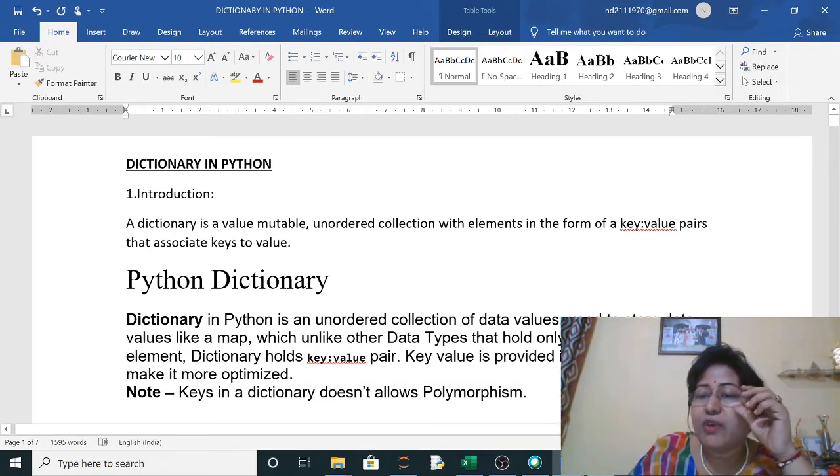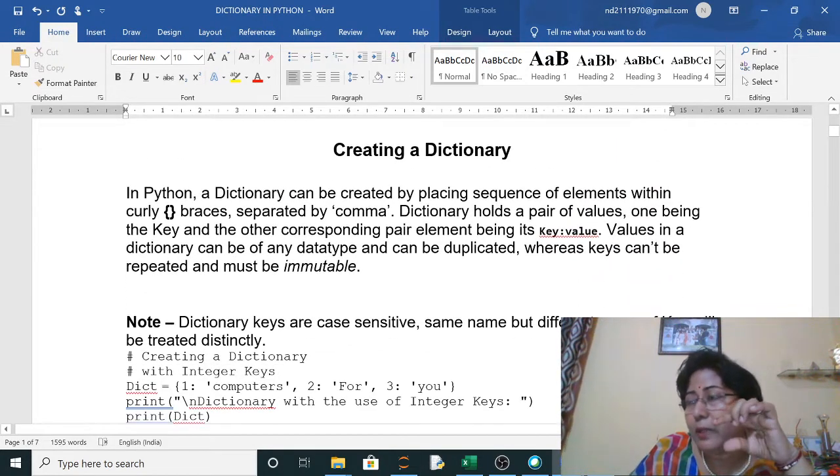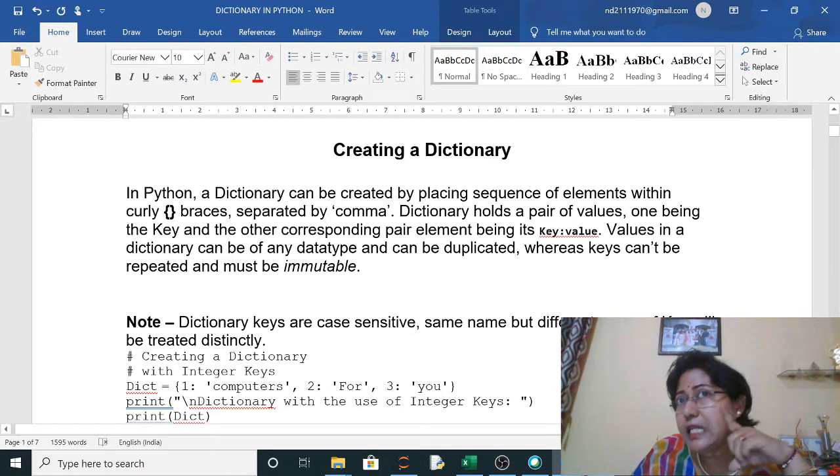Key value is provided in the dictionary to make it more optimized. Keys in a dictionary do not allow duplication. So if you have used the roll number key, you cannot use it again, or it will do only one task. And it is immutable. That you have to keep in mind: keys are immutable and values are mutable.